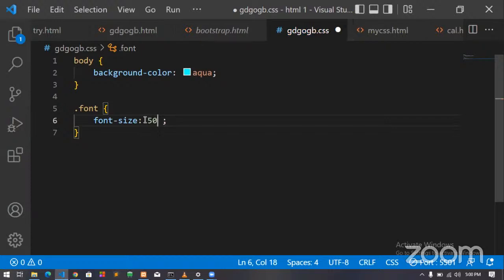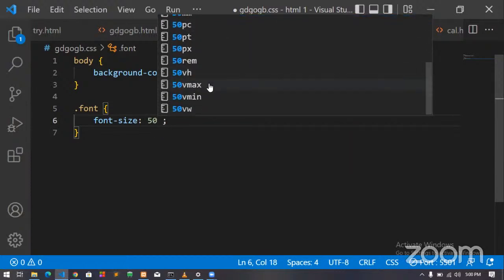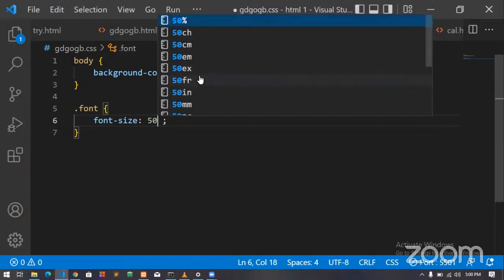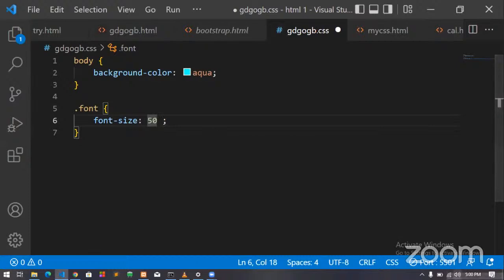Now there's something we will add at the end of that 50, which is actually our unit. Same way you have units of measurement, centimeter, millimeter, kilometer, gram, milligram, and all those things, the same way you have pixel, EM, PT, REM. There are a whole lot of units now. We have VH, that's view height, and we have percent too. So I would put it to us that we should learn more on that, because we don't have time, just one hour left. I will not really be going deep into units.